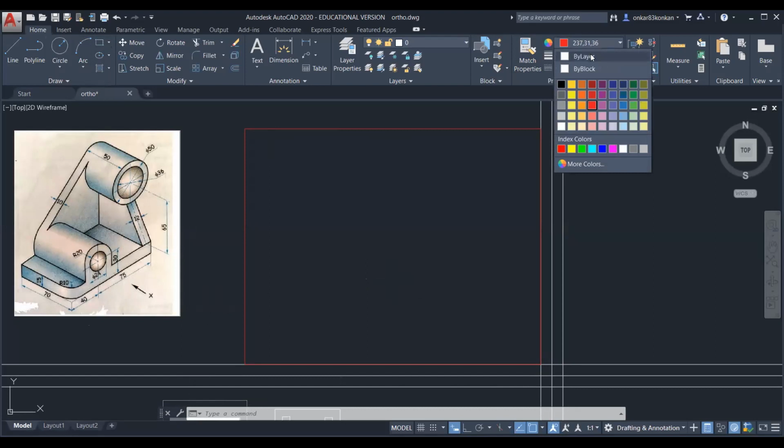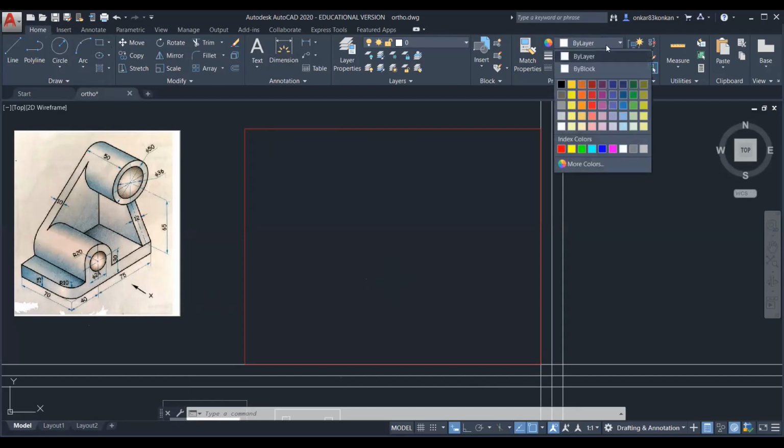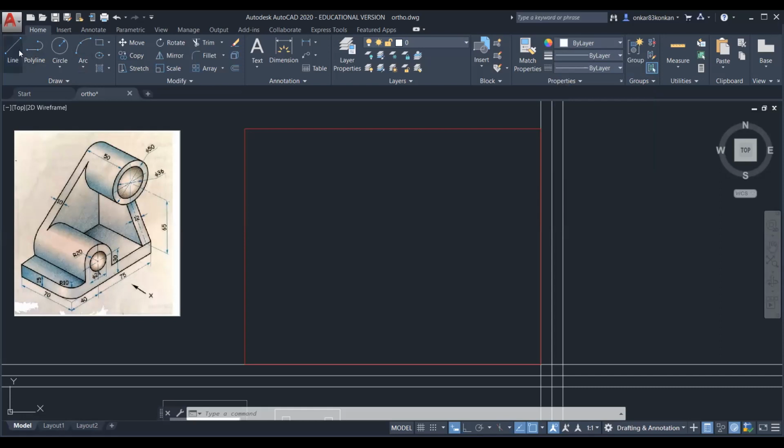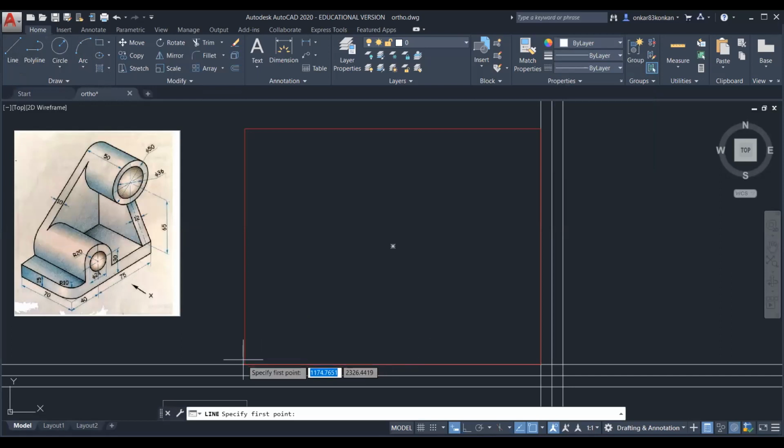You can use the white color. Okay. So you can select here by layer by default. Either you can draw the rectangle by using a rectangle command, or you can use the simple line command. Okay. So if you select the line command, you will start from this point. Okay.